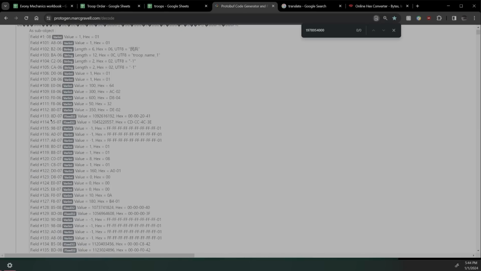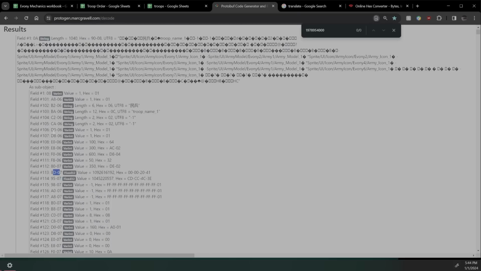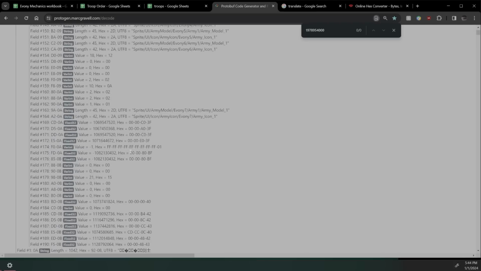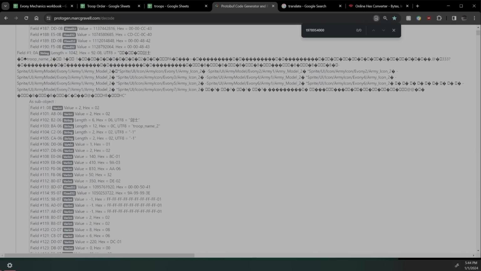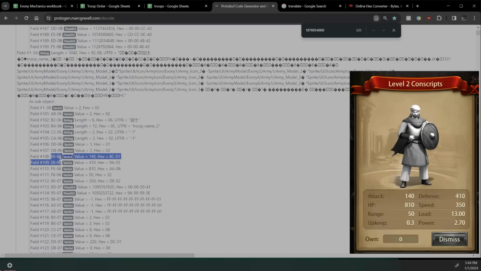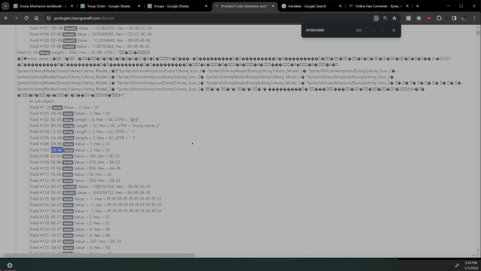Now these little values right here, this is going to stay the same. So right here, E006, that's always going to be attack. So let's go to the next troop. This is troop 2, E006. That is associated with attack. So if you could figure out what this value is, you could change it for the values of all the additional troops. Now the way that this is laid out is Evony had the tier 1 through tier 10 troops